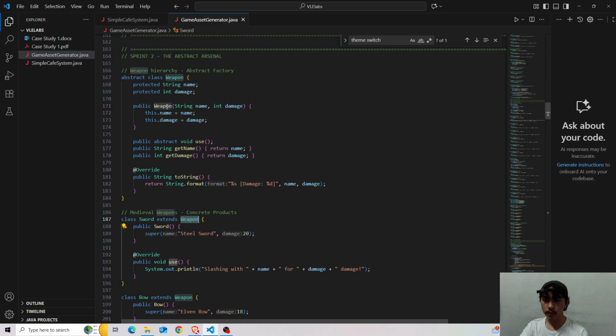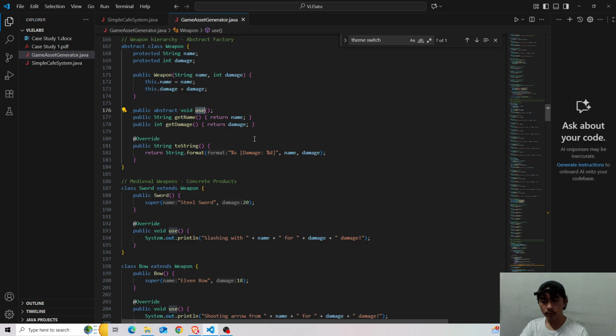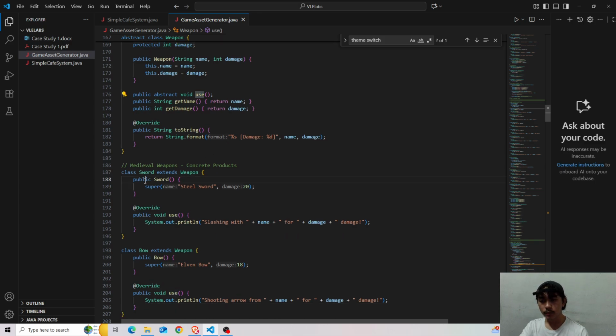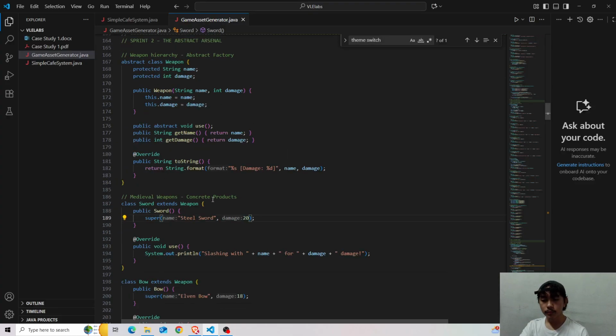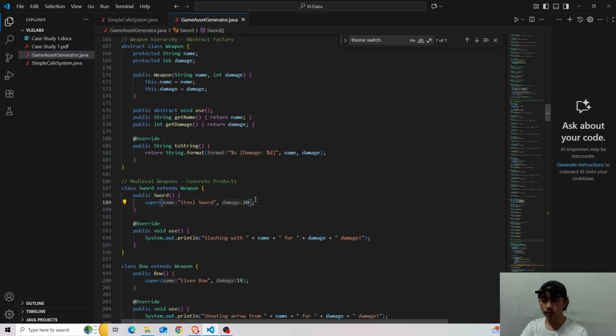So it must have a use method. For the super constructor, it has a string name and then an int damage. So for the name steel sword, the damage is 20.